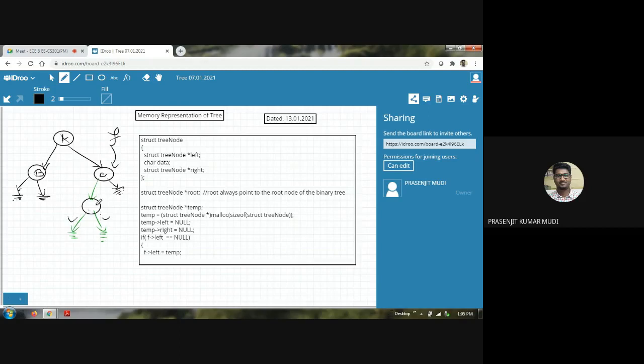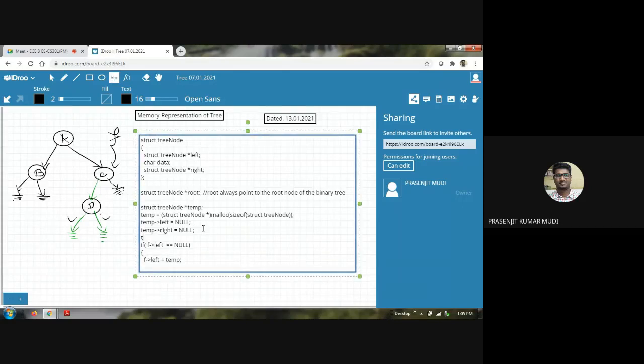And I want to store some data or label over here, let's say D. That is very easy. Just temp pointing data equal to D. As it's a character, within single quotation we have to store that value D. Okay, so this is done. A pointing left equal to temp, and that's all.